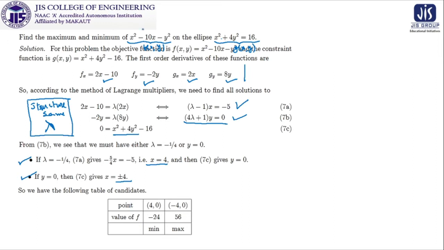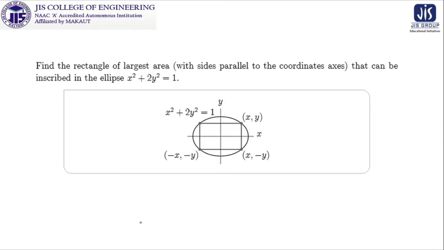And we get the values of f. Putting this particular thing in this equation where f is x square minus 10x minus y square, what do you see? The value of f at one point is minus 24 and the value of f at the other point is 56. So these two values give us the indication of which one will be minimum and which one will be maximum. Look at this, we are not proceeding in any manner where capital D is calculated as in the last two classes. Here we are doing it in a different way, and this is the process of applying the Lagrange's multiplier method. Now if we proceed further, look at the application.